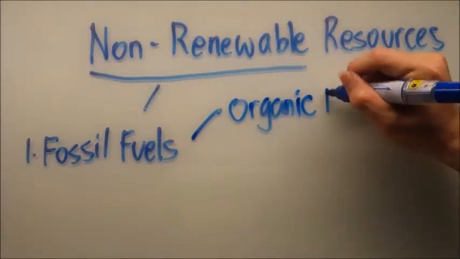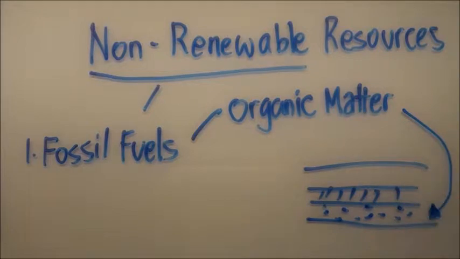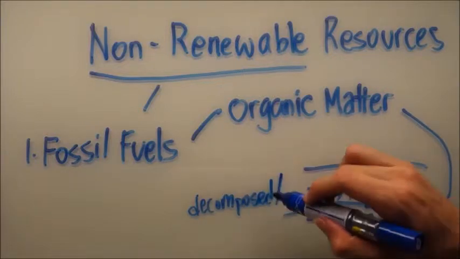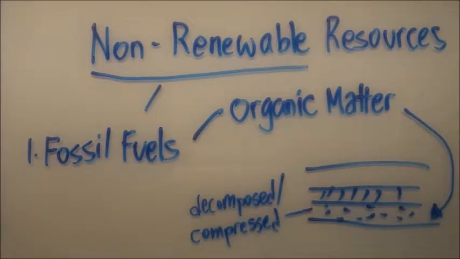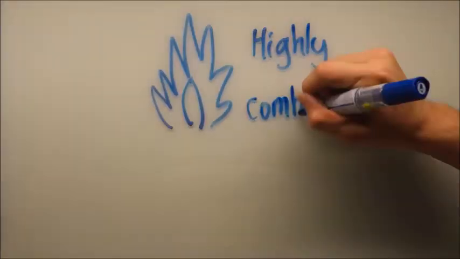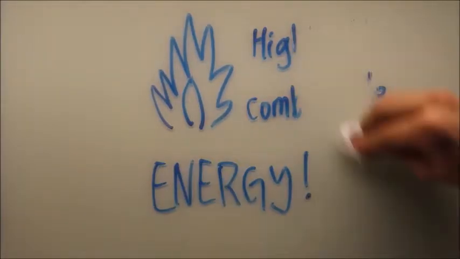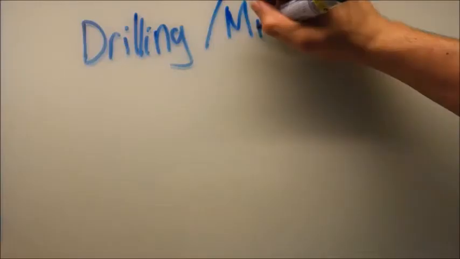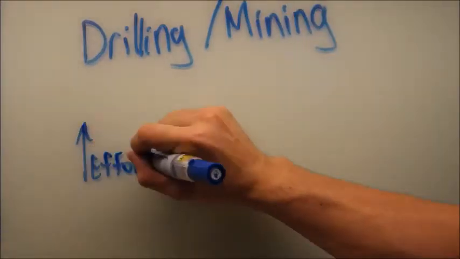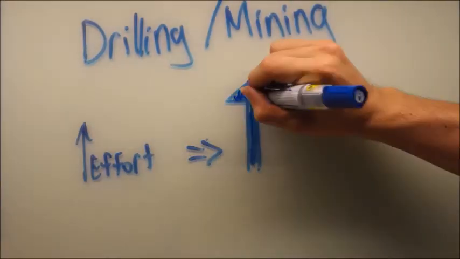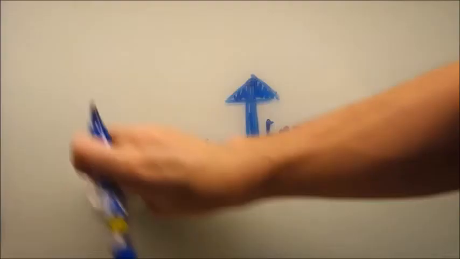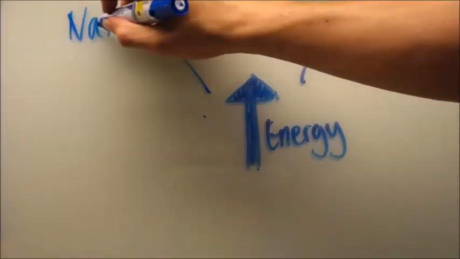Fossil fuels are derived from organic matter, which has been trapped between layers of sediments within the Earth for millions of years. The organic matter, typically plants, have decomposed and compressed over time, leaving fossil fuel deposits. These deposits and the materials produced from them tend to be highly combustible, making them an ideal energy source. They are difficult to obtain as they are typically retrieved through drilling or mining. But fossil fuels are worth the effort for the sheer amount of energy they produce. Some examples of fossil fuels are crude oil, natural gas, and coal.